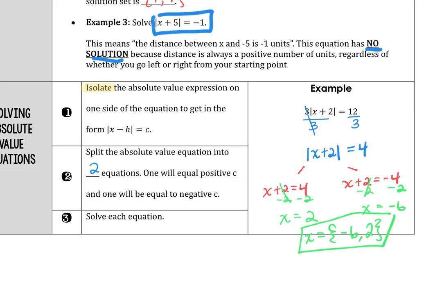And if you go back and think about what we talked about even up at the top part, from 2, you're going to go left or right and find that difference of 4. So if I plugged in negative 6 here, negative 6 plus 2 is a negative 4, which the absolute value of that is 4. And then if I plug in 2, 2 plus 2 is 4. So the absolute value of that is also 4. All right,